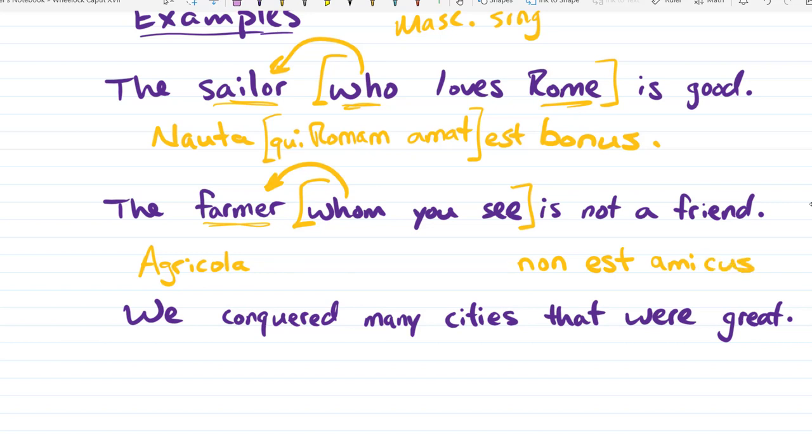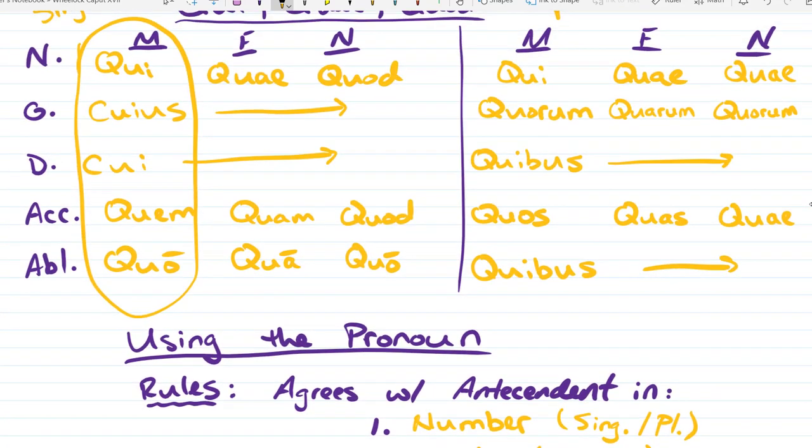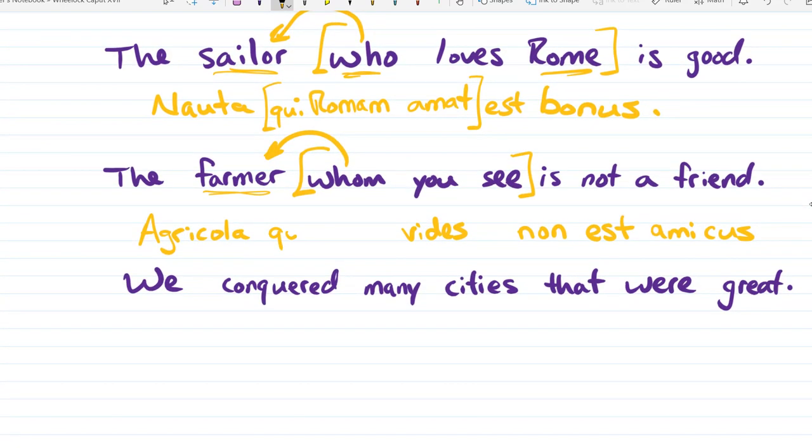Okay, and then you have whom you see. If we flip this around and we put farmer into this clause, the only way it's going to make sense is you see the farmer, right? Well, again, farmer is masculine and singular. So we have to see, and if we just said you see, that would be vides, whom you see. And then if we want to say, you see who? The farmer. So again, we're in this masculine category, and we're going to want to make it accusative there. So it's going to be quem. Okay, so the farmer, quem, whom you see, quem vides,